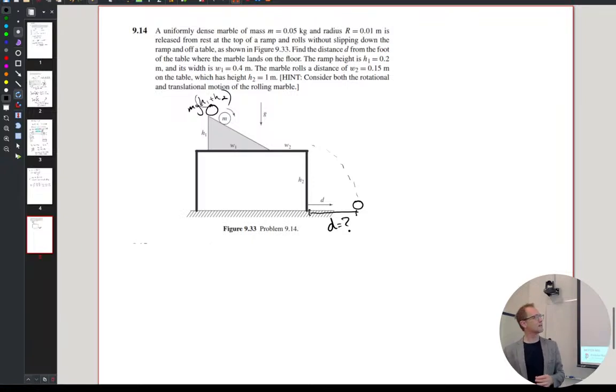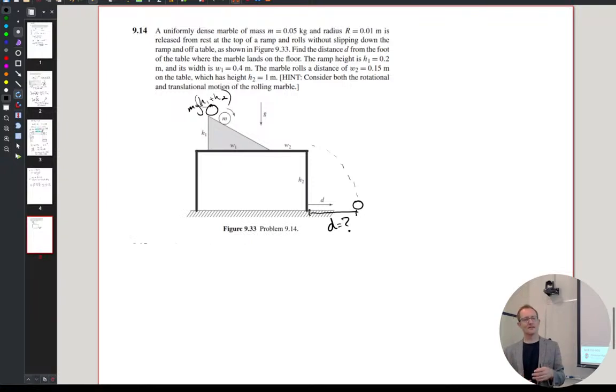I think we just need to find the velocity before it falls off the block, because the distance it goes isn't affected by gravity, it's just how fast it's going. It's not affected by gravity? Well, they're in two different reference frames. So I mean, the gravity,